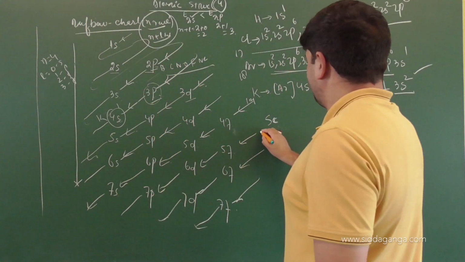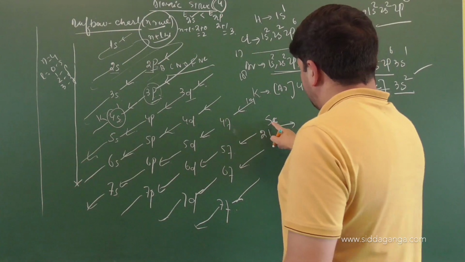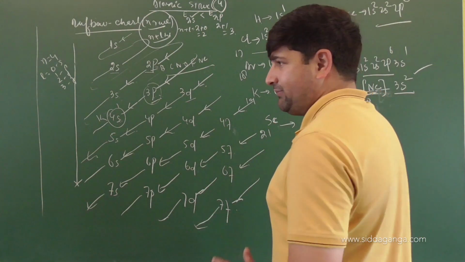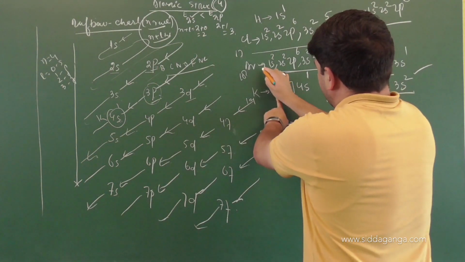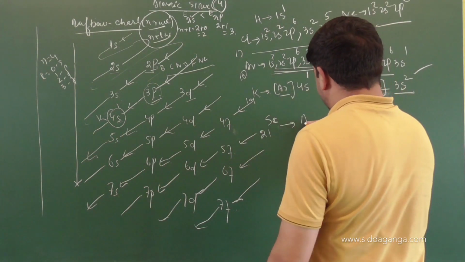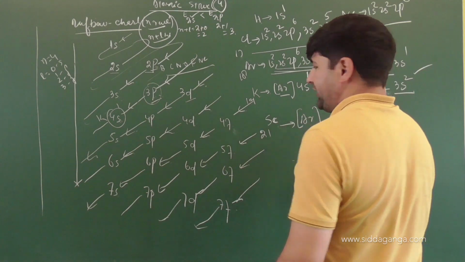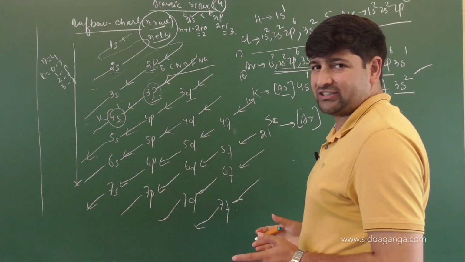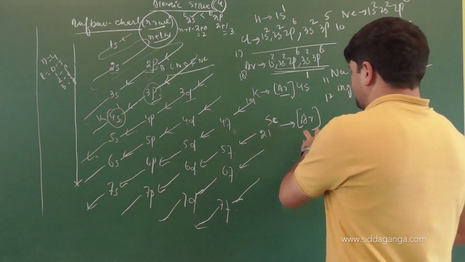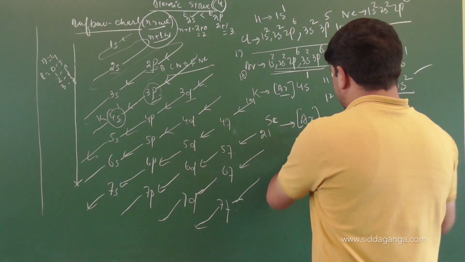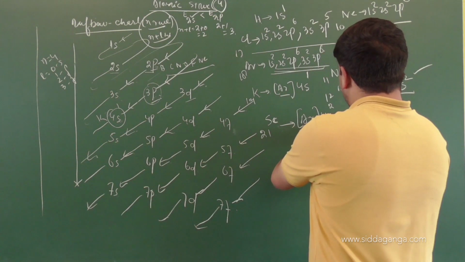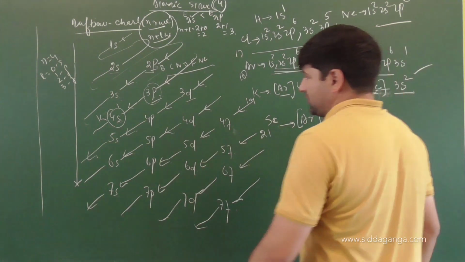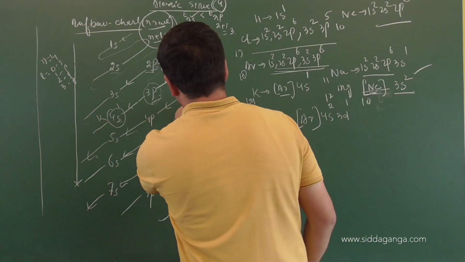Okay, scandium's atomic number is 21. Because the atomic number is 21, I can mention argon as the core. Argon has how many electrons? 18. So I will mention argon. Okay, so 18 electrons have come. How many are left? 18, it is 21. Then the next electron will enter into 4s2. Then you will have 3d1. Have a look: 4s2, 3d1.